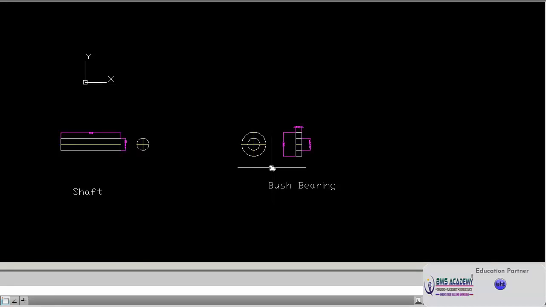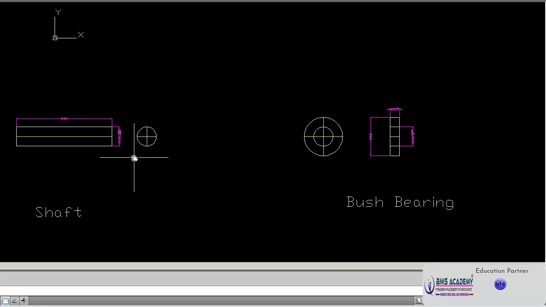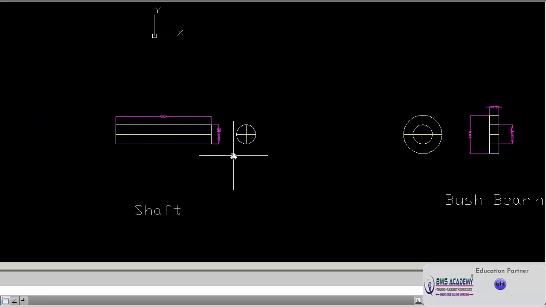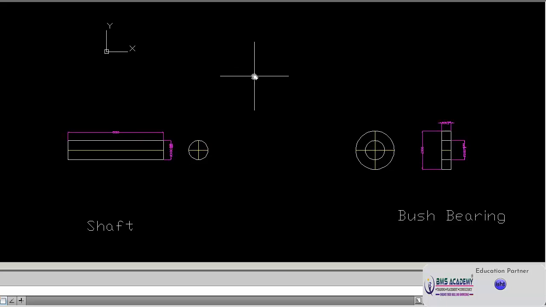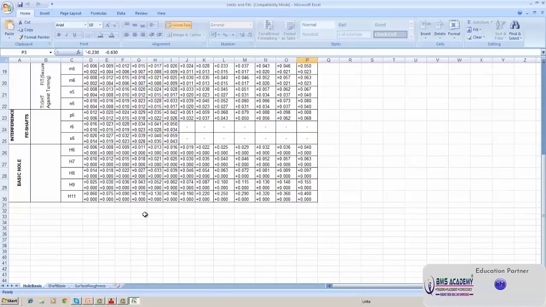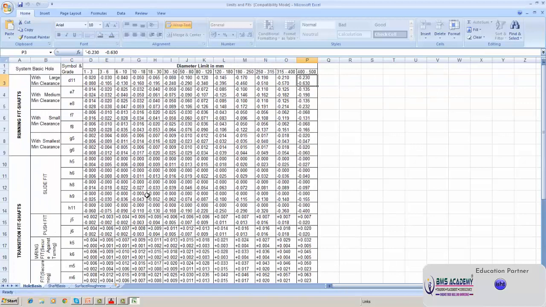There are some symbols for finishing, and so many other tolerance symbols are there, like how the shafts will be running and all those things. So here I will explain the surface finish. What are the symbols? I will just show you the surface finish symbol. It is a triangle. You might have studied in your classes that three triangles is ground finish,